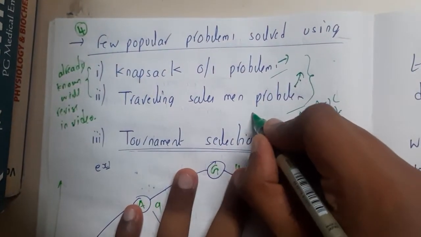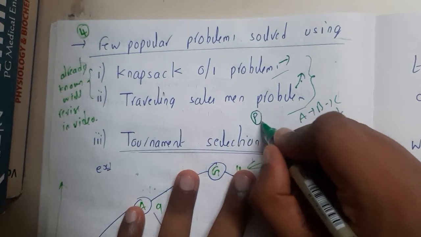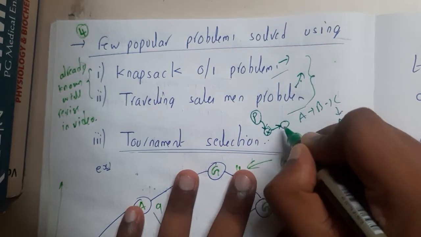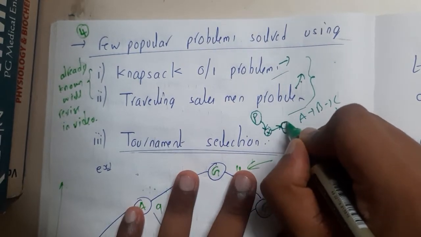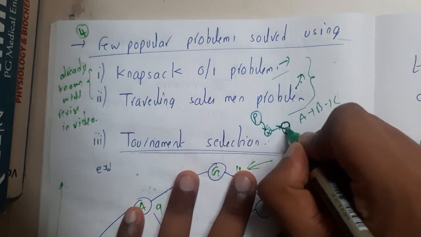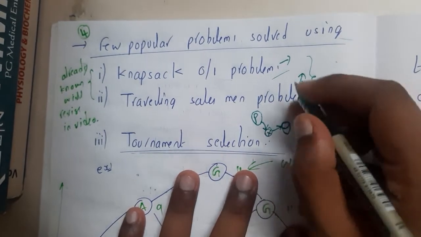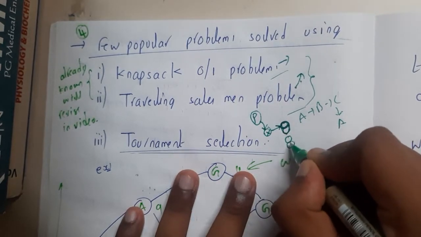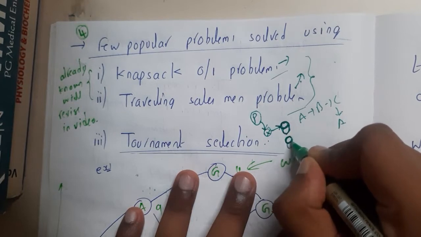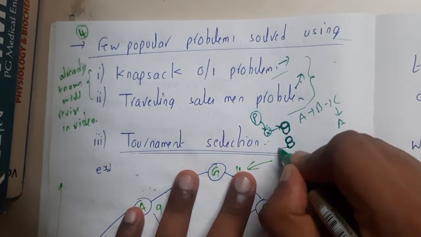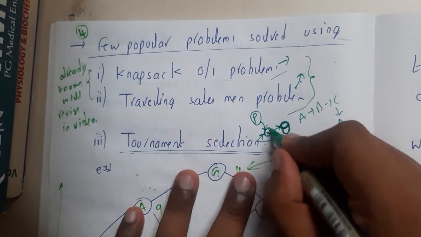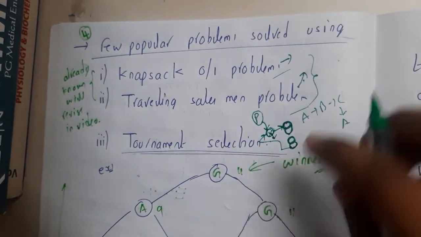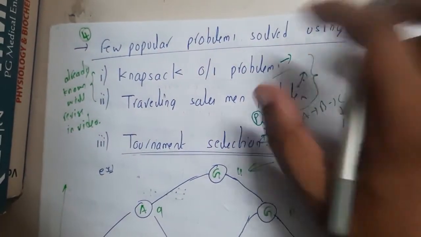Initially you will be generating a population. Among that population you will check the convergence. If the convergence is not satisfied, you will start reproduction. You will do selection and all those processes. You will evaluate all the things and take the best two of them. Then you will start reproduction: you will do crossover, you will do mutation, then you will again send it to the convergence check to see whether it is proper or not. You will continue this process until you get the optimized result. So the same concept can be written for both problems, guys.